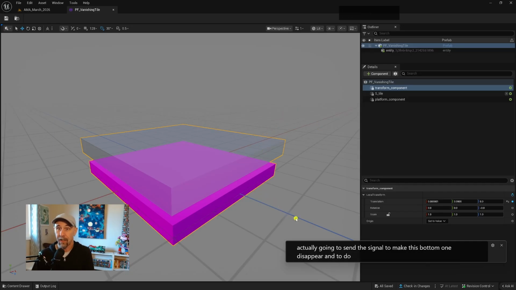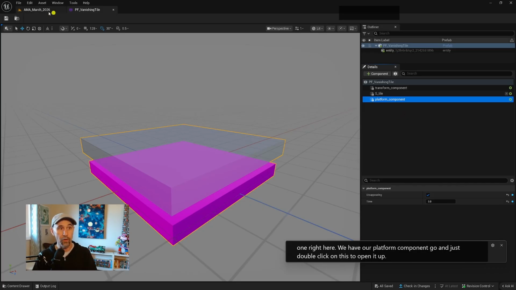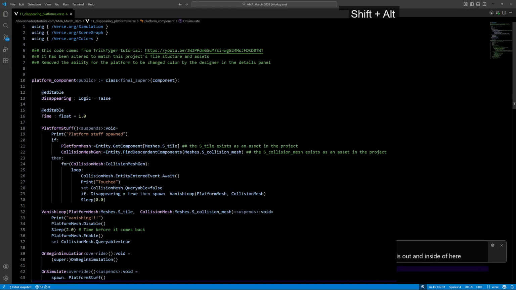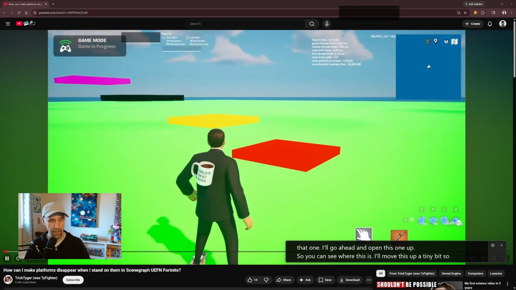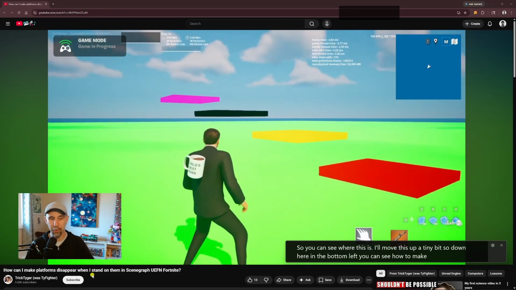And to do that, we actually have to write a little bit of code. So let's go over to Verse, and inside of here, this is all the code. I'll leave it on screen so you can grab it as needed. Now, again, this is coming from Trick Tiger, so please go check out that one. I'll go ahead and open this one up. Down here in the bottom left, you can see